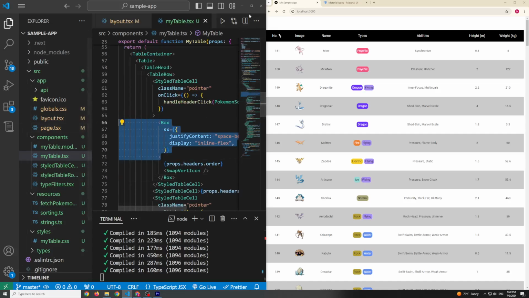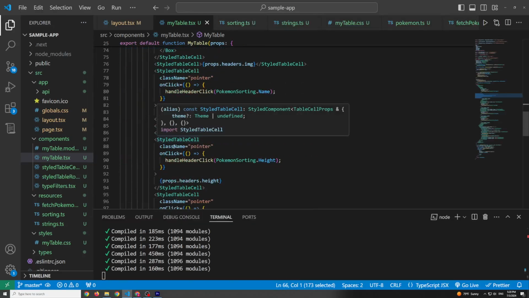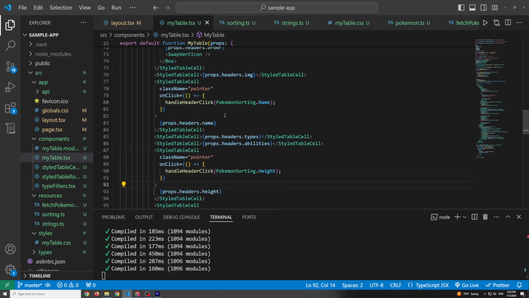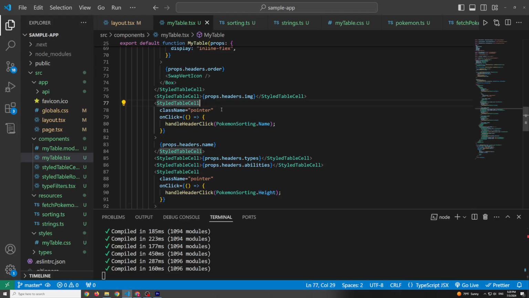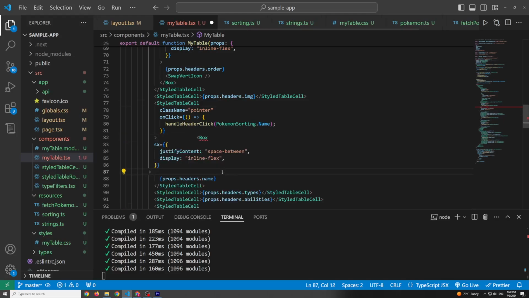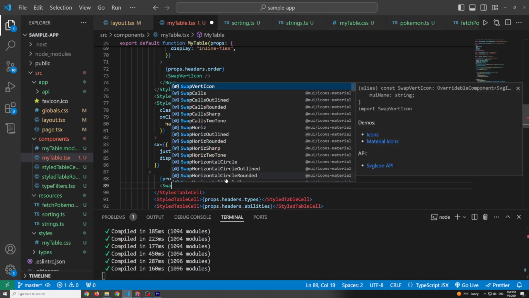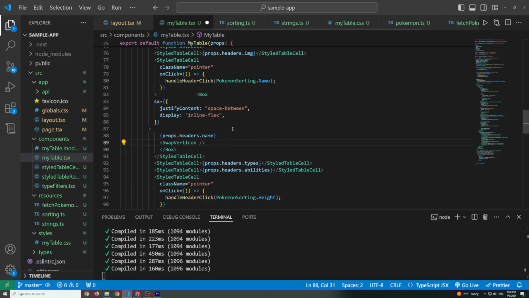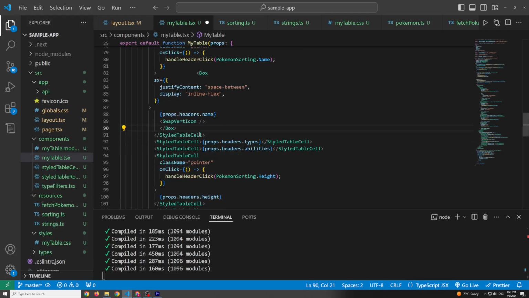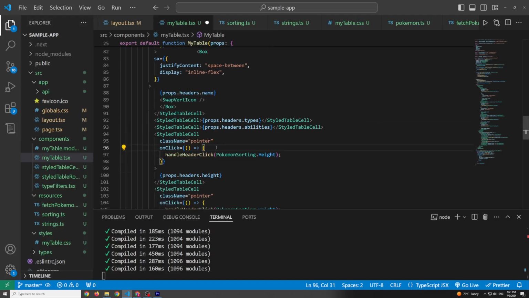All right, so I'm going to repeat this process for all the other ones. So we'll grab our Box here. And I'm just going to throw that on all of these that have clickable things. So name, put it right side here, SwapVert icon, /Box. Now you'll notice we have a lot of repeating code, and I would like to pull these guys out and encapsulate them. And maybe that's what we'll do to finish this video, is actually encapsulate these header ones that are clickable. So just to make it a little bit cleaner,